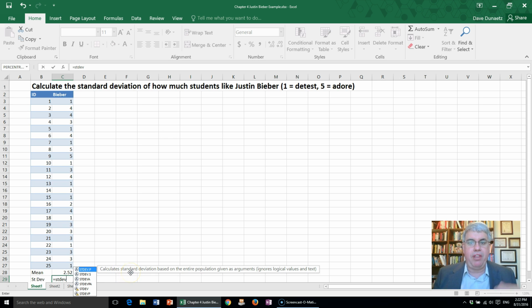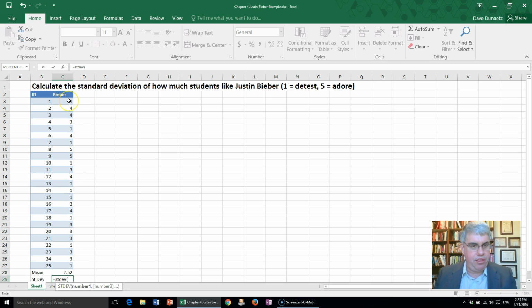It means that we're going to start with a sample, and we're going to guess what the standard deviation for the population is, and that's what you normally do in statistics. There's also the .p version of standard deviation, and that's if you already have the whole population's data, but that's generally not the case. So we'll just use stdev,